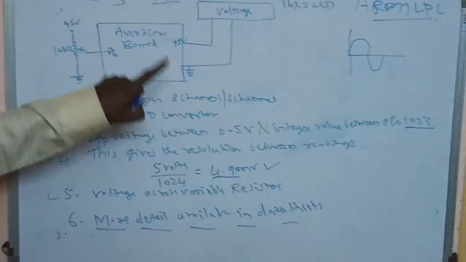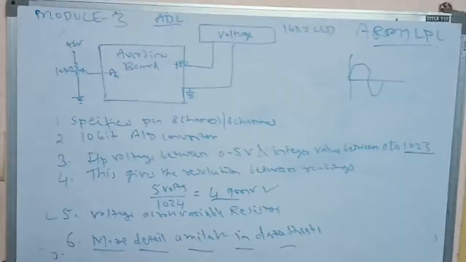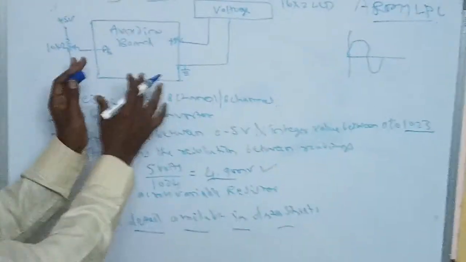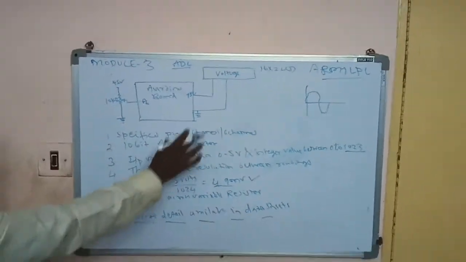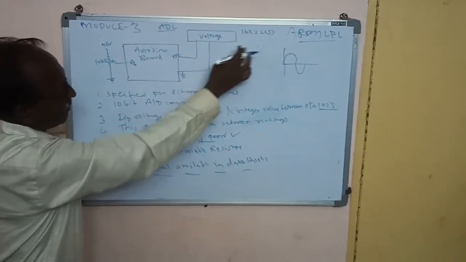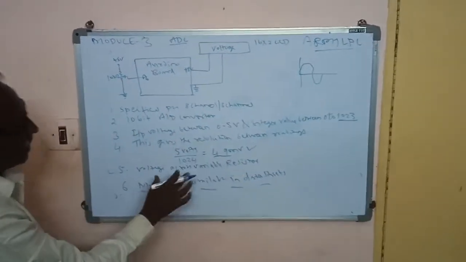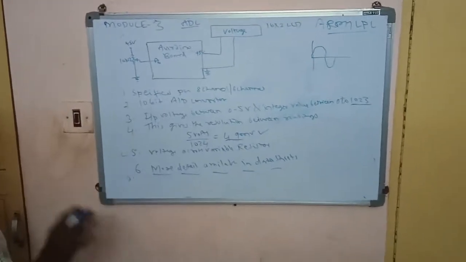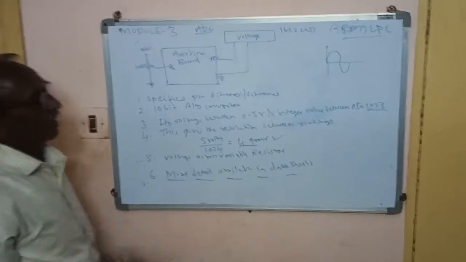This is known as analog to digital converter. So we can use this knowledge about this hardware. What are the hardware parts? What are the inputs? What are the outputs? How many lines are there? Rows, columns. If we know all the parameters of the hardware, then only we are able to write the